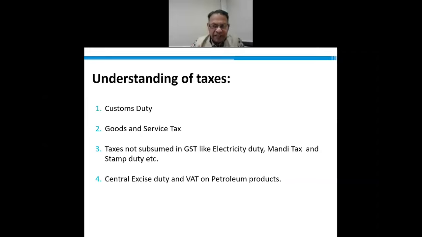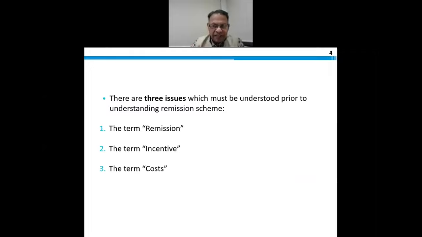Technically speaking, those are not covered under the scheme of RoDTEP. And therefore, if you understand the taxation, you must understand three issues: the term remission, the term incentive, and the term cost. Remission means refund of taxes. If there is refund of taxes, then there is no question, and I differ with the government